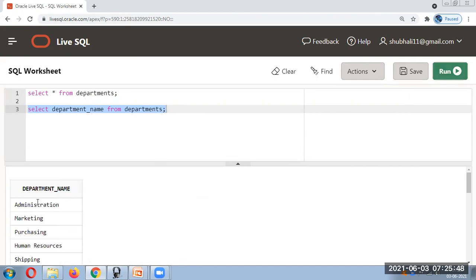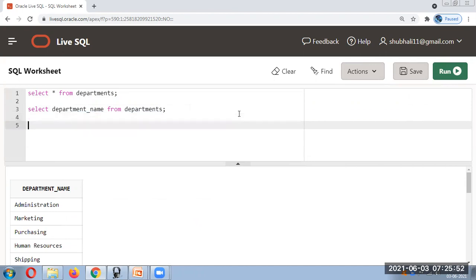We'll get only the department names. If you want more than one column, let's say department name and manager ID, two columns, I can specify the columns separated with a comma: department name, manager ID from departments.